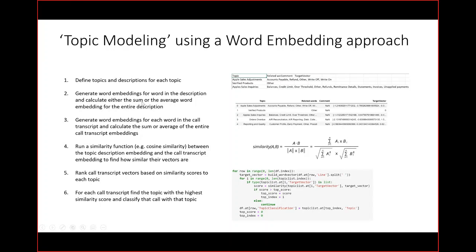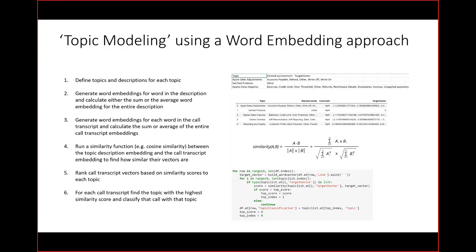And then you say, okay, generate the word embeddings for each of the words in the description of that topic, and calculate either the sum or the average word embedding for the entire description. So now, if I'm using 100 dimensions for that embedding vector, I have a 100 dimension array that represents that topic, which is basically the embedding of that description for that topic. And then I say, okay, generate the word embeddings for each word in the call transcription, and calculate again the sum or the average of the entire call transcription embeddings to get that 100 dimensional vector. And then I run a similarity function like a cosine similarity to check how close are those two vectors